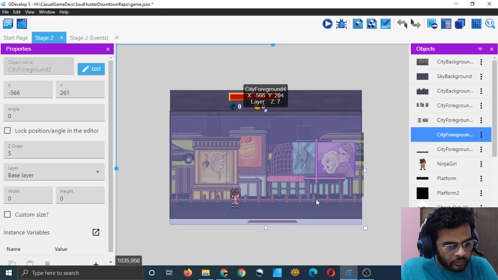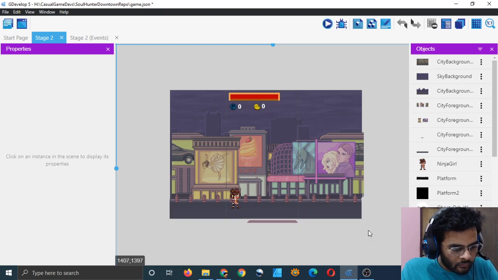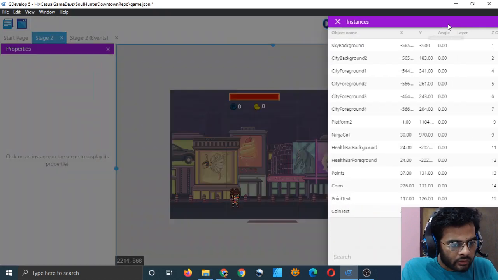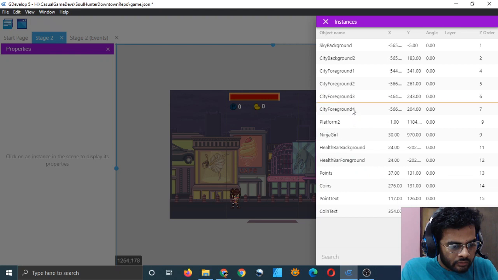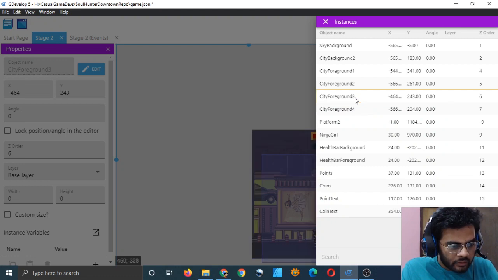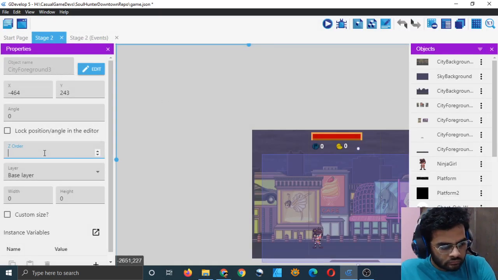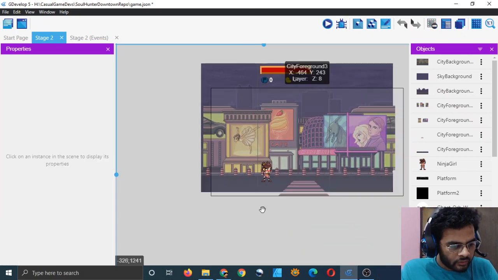Because it's not visible from here. Let me do that. The foreground 4 is the road and this is the crosswalk. Let me make the z order value of crosswalk to 8. And now you can see that it's visible.